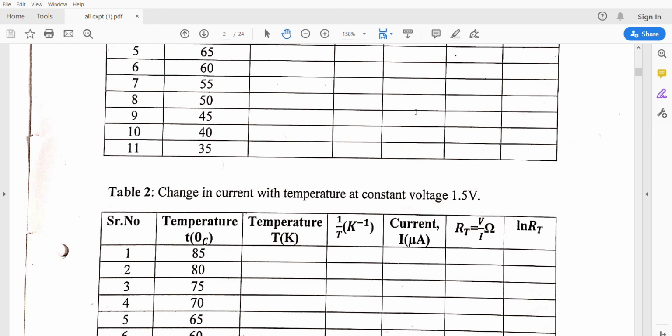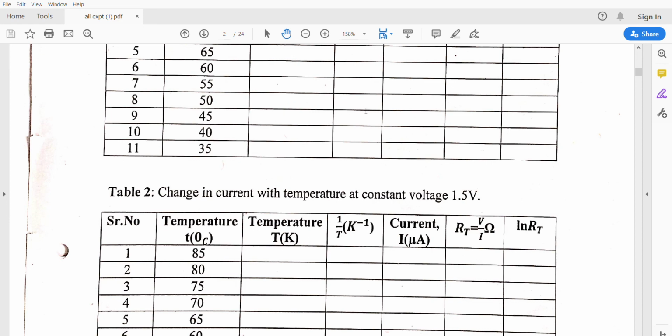What is the shape of the graph here? We are observing that the shape of the graph is a straight line. Why does the conductivity of a metal decrease with increase of temperature? As the temperature increases, these electrons will face some obstruction in flowing. Due to that, the metal's conductivity decreases.